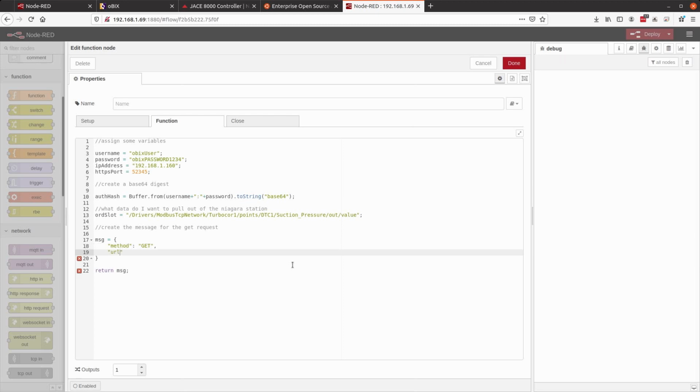The URL is HTTPS: I'm going to add my IP address from the variable I created above, and I need a colon, so colon, and then I'm going to add my HTTPS port,